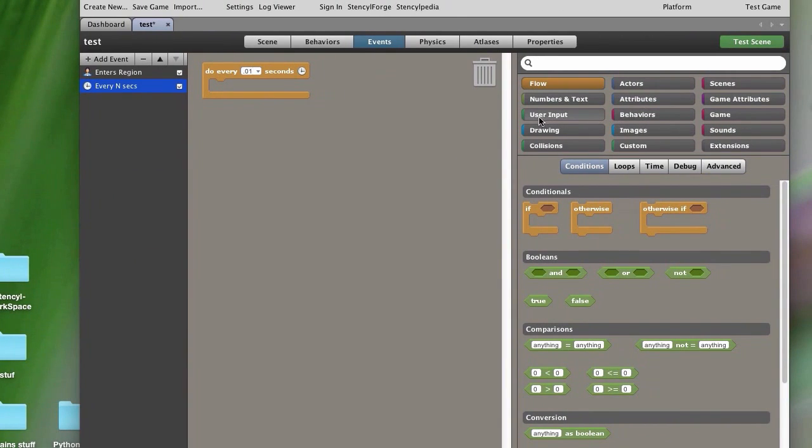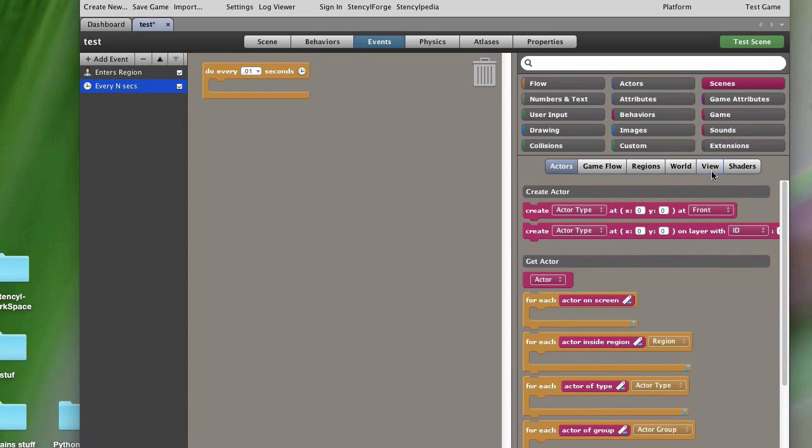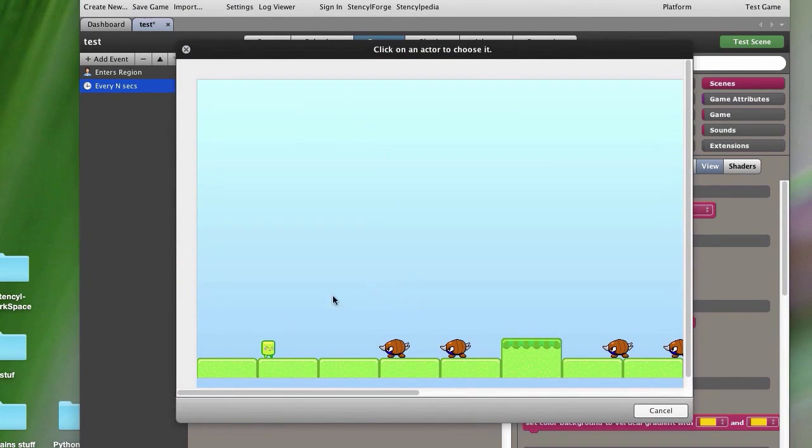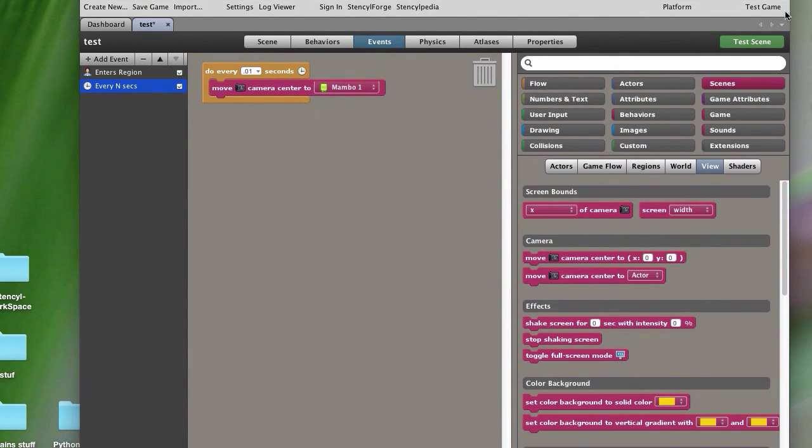Now what I'm going to do is go over to Scene and View, and right here I have some options for the camera, and that's what I want to do. So this one right here, Move Camera Center to Actor, is what I'm looking for. Then I can click this, and I can choose the actor, which I want Mambo. And now if I play it,